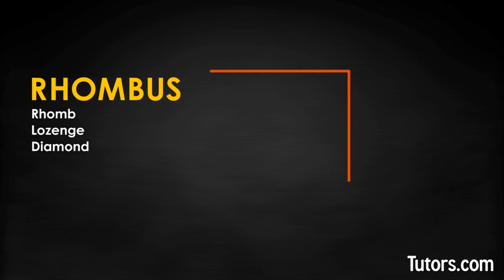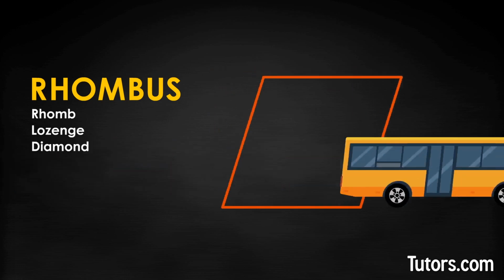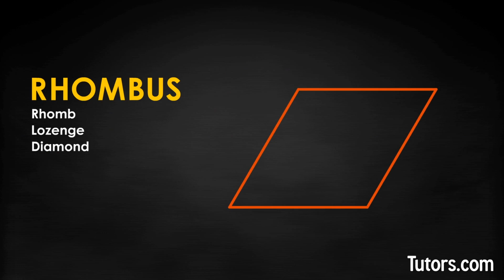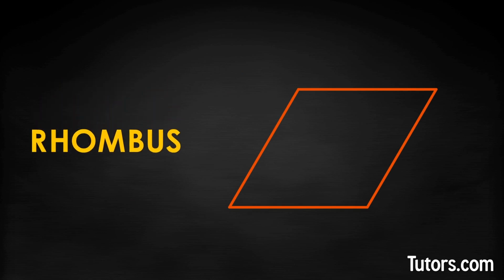A square is a rhombus with 4 equal right angles. Sometimes you see a rhombus with 2 sides horizontal, as if a square had been run into by a bus and tilted over. That is a handy mnemonic to remember its name. Run, bus, rhombus. In this presentation, the altitude, also known as the height, of the rhombus can be very easy